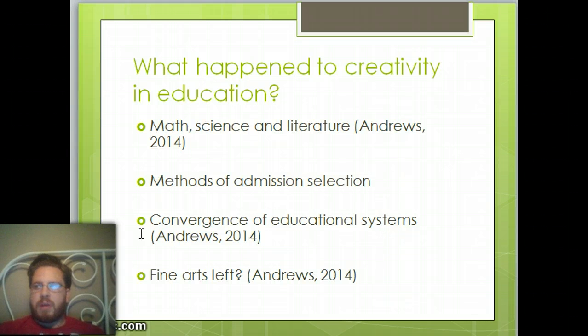Third is the convergence of educational systems. I use this term to describe how in order to get through varying levels of education and get to the point where you're in a master's level, say health professions education, there's a lot of going with the program. And going with the program sometimes doesn't leave room for thinking outside of the box and sometimes reduces you to convergent thinking in the educational context.